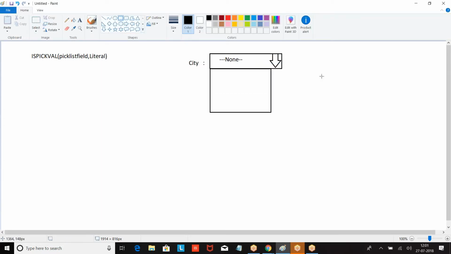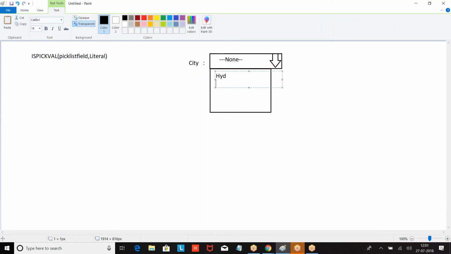But how do I know whether you have chosen this option or not? When you have a group of options, I want to check whether you have selected a particular option or not. Case is what? If you select this, do this. But I want to say, if you select Hyderabad, run the operation.